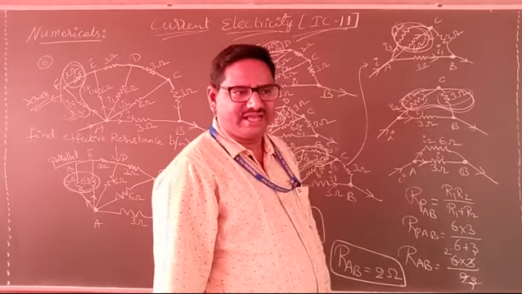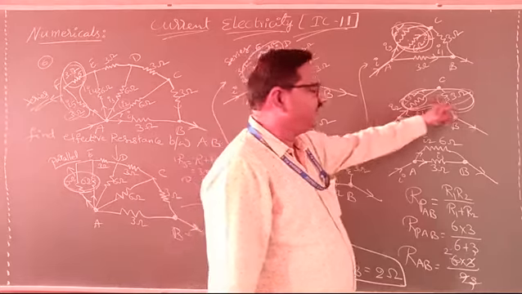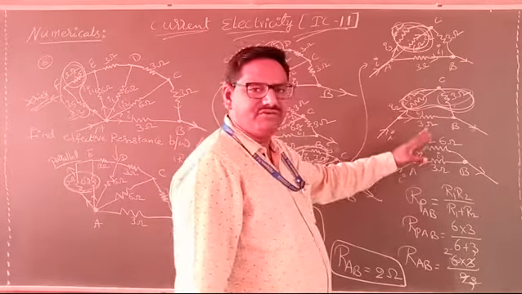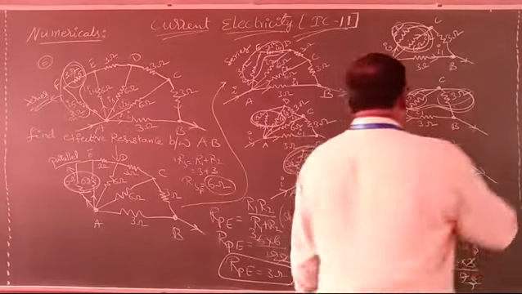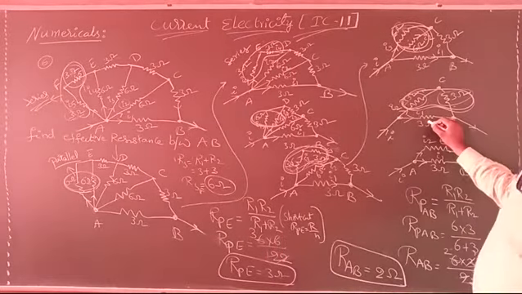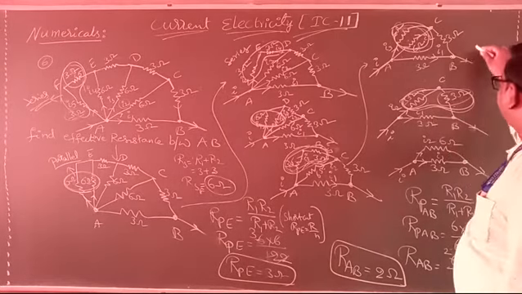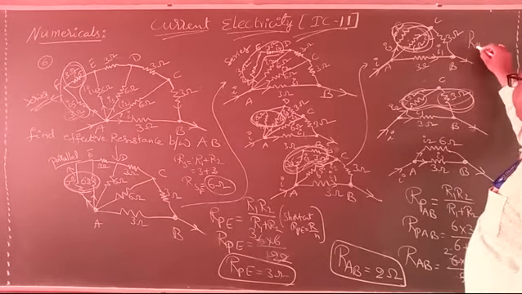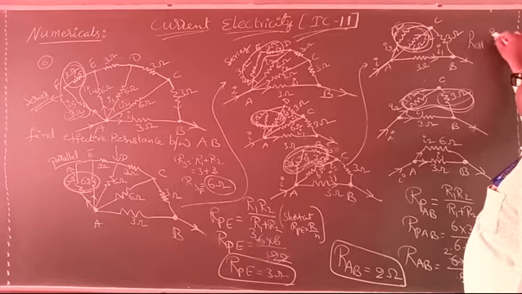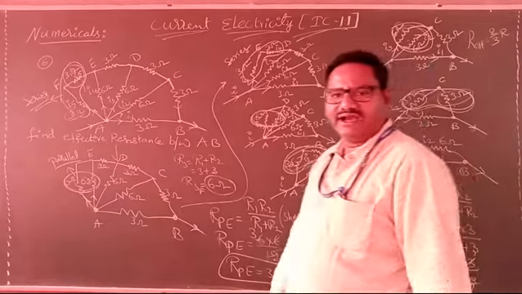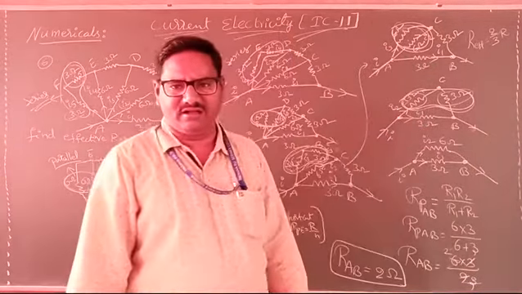one more shortcut is there. If these 3 are in a triangle form, we will solve it by one more method. If 3 resistors are like this, at any one adjacent side of a triangle, the effective resistance R effective equals 2 by 3 R. You can write the formula 2 by 3 R.